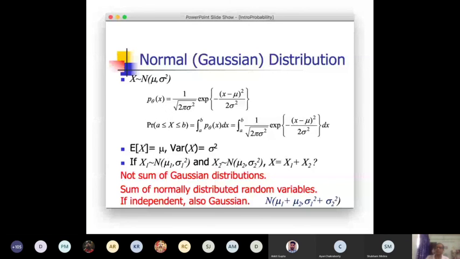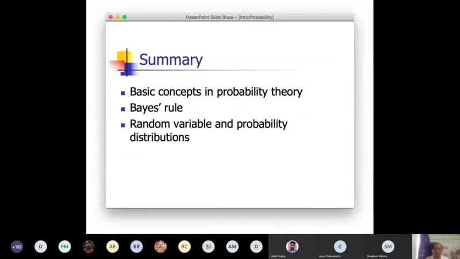So with this, let me conclude this particular topic. It's a very brief review of the concepts of probability, and I understand that most of you are already familiar with this because you have already done this course in the undergraduate classes. But it's just a summary because we'll be using this concept in our subsequent